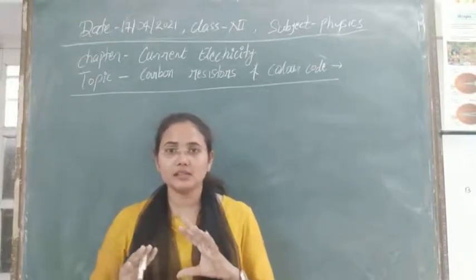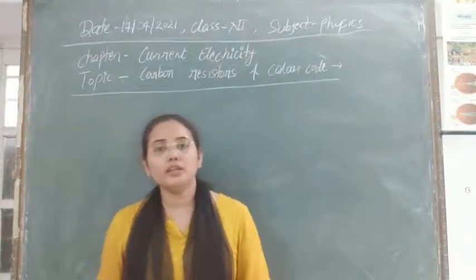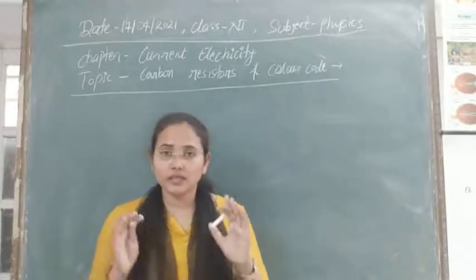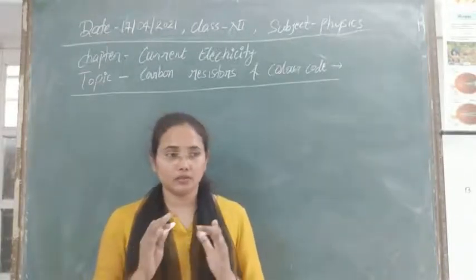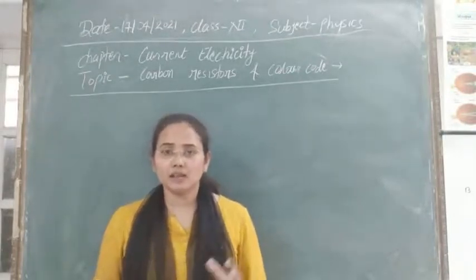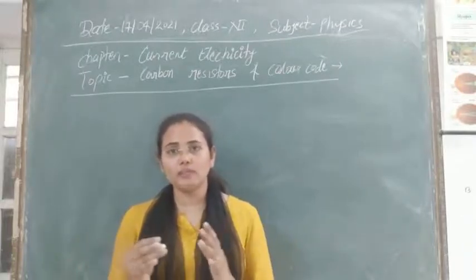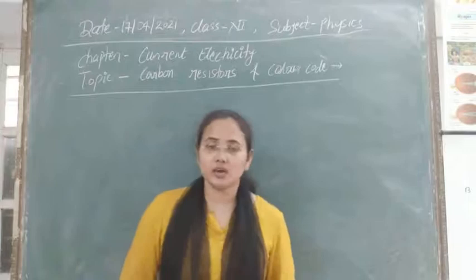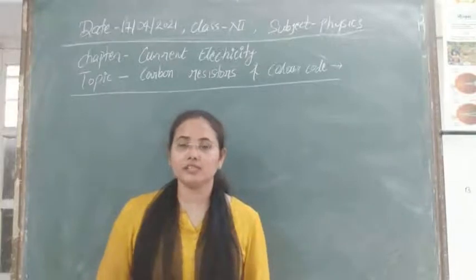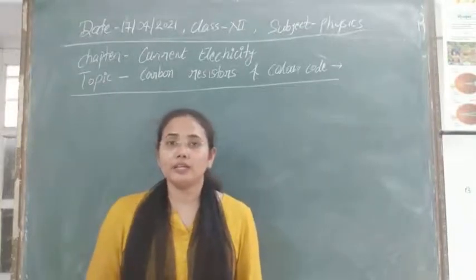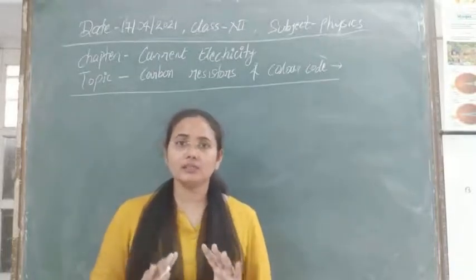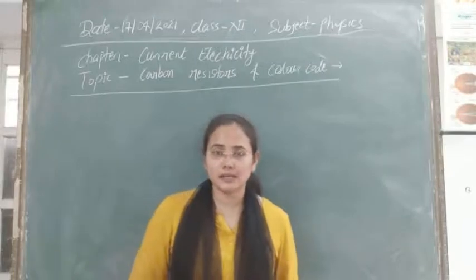The carbon resistors are really very important, and why do we use them? The advantages of carbon resistors are, first, they are very cheap to make from carbon black, clay and resin. As all these materials are very cheap, the whole production is also very cheap. Even if you go to the market, you can get one resistor easily for 1 rupee or I think 50 paise. You can purchase resistors easily for that money.